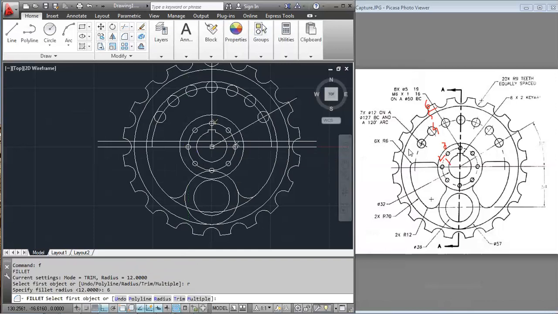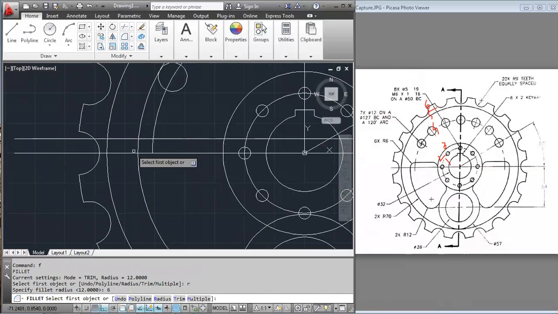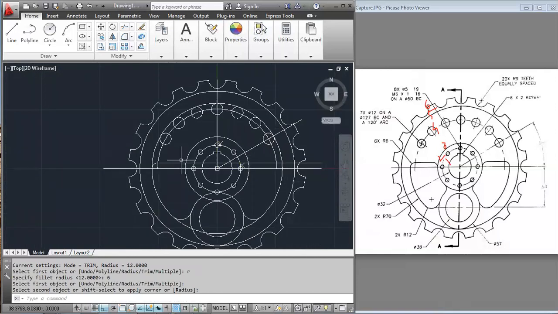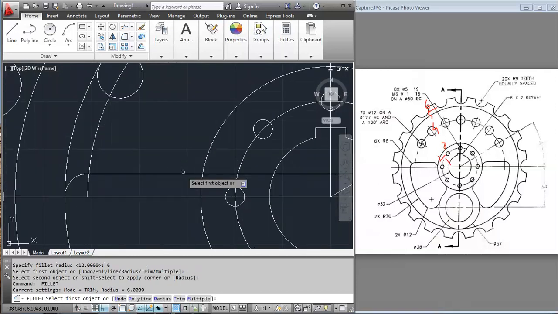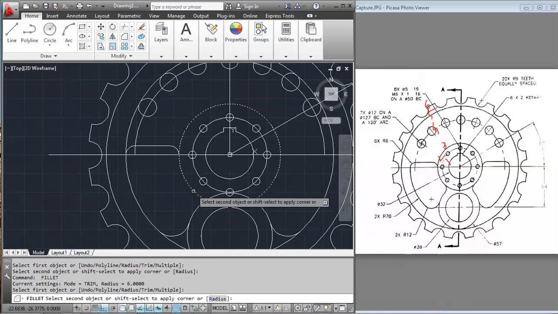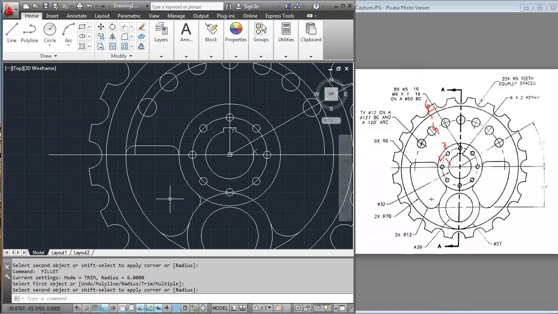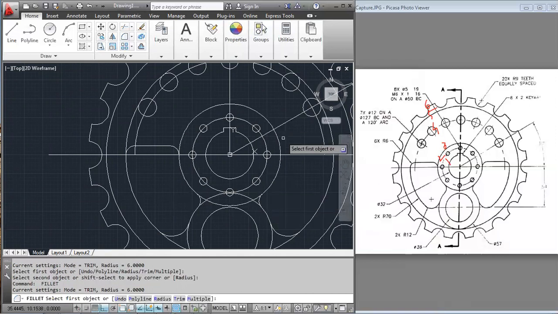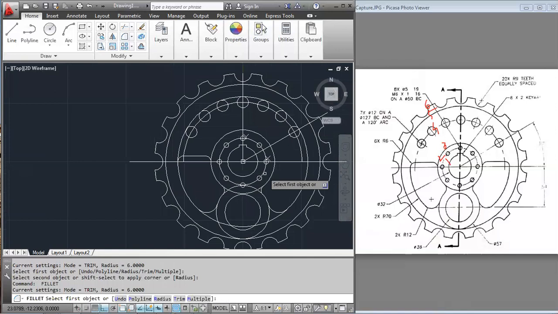Now there are 6 number of radius 6 fillets. So 1, 2, 3, 4, 5, 6. 6 number of radius 6 fillets. Right? So I can just draw it from this with this. One fillet is done. Again enter this to this. 2 fillets are done. Again enter from this to this. 3 fillets are done. Again enter from this to this. 4 fillets are done. Again enter